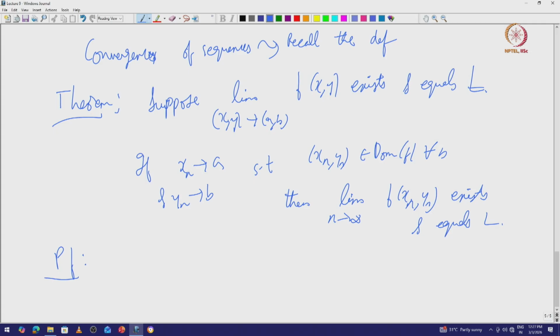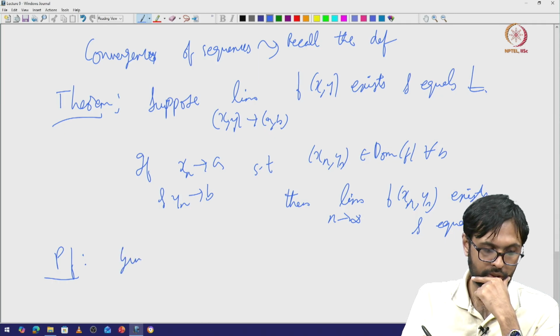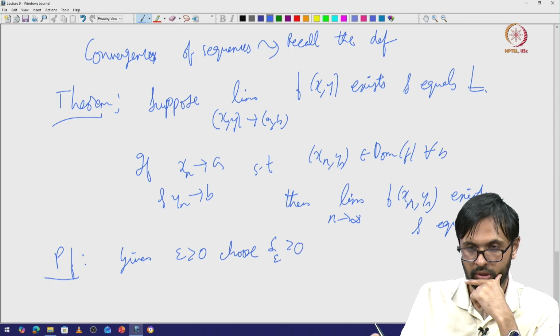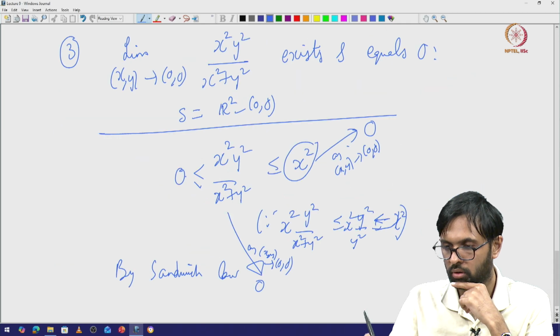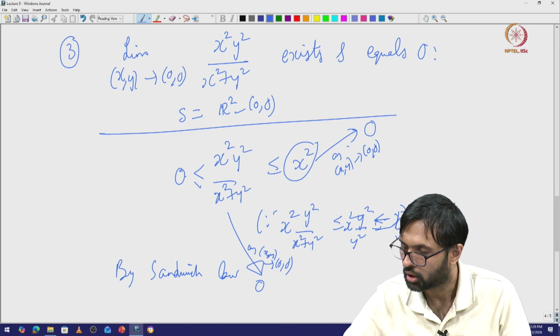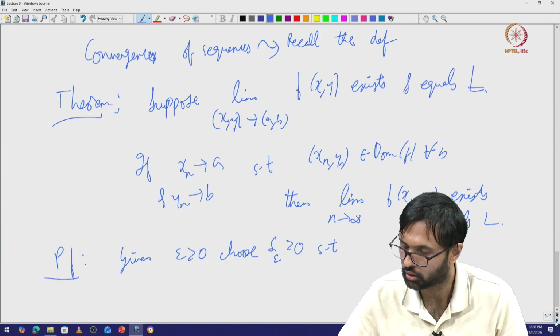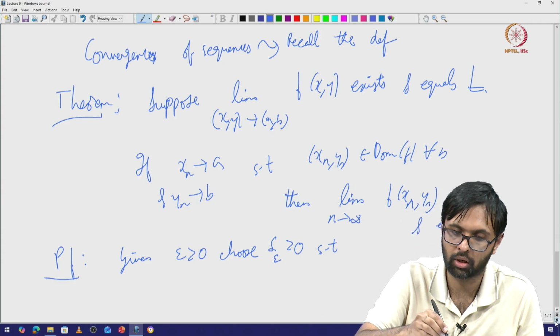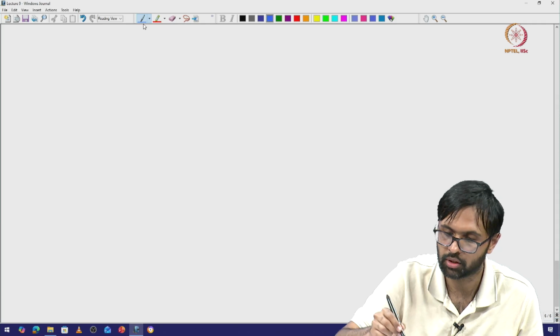So what does it mean for the limit to exist and equal L? Given epsilon greater than 0, choose delta, which depends on epsilon, such that whenever